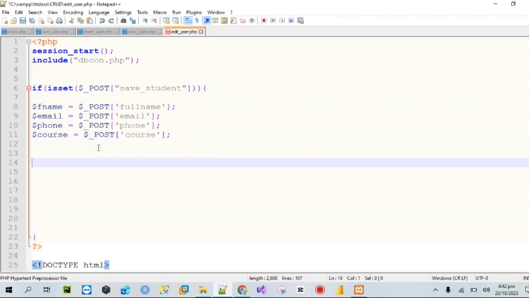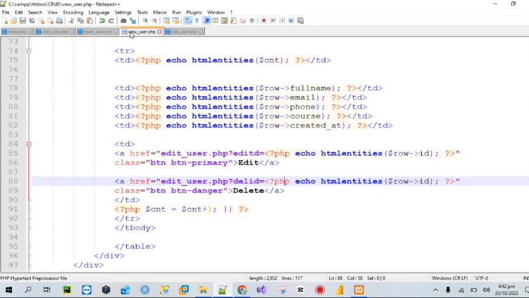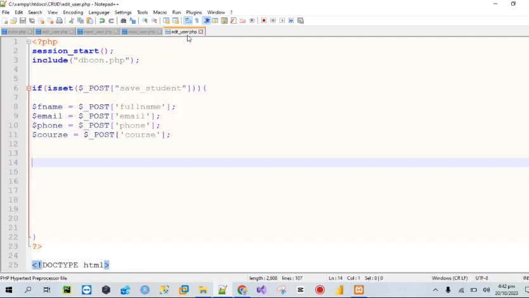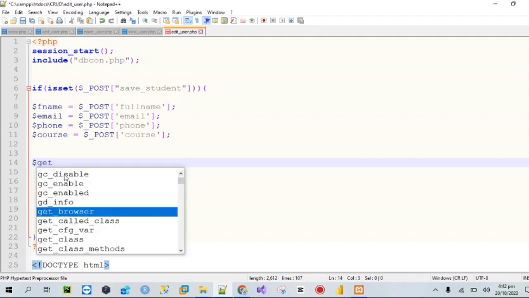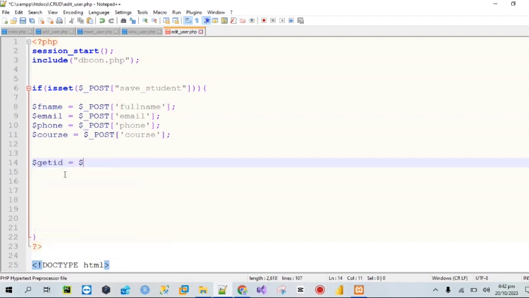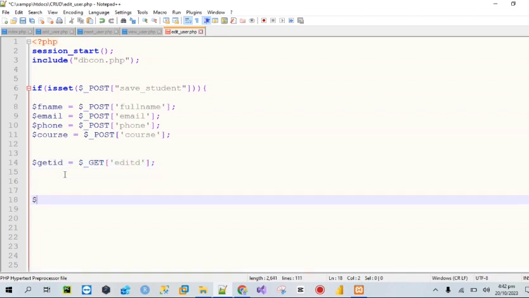I'm going to come here, because at this point we have an ID. Remember, we append it with what? An ID called edit. I'm going to copy it here. I'm going to come here and say $getID is equals to $_GET. Use this global variable, and the ID we are getting is there, this name. All right, now that we have gotten this, what I'm going to do now is $sql is equals to